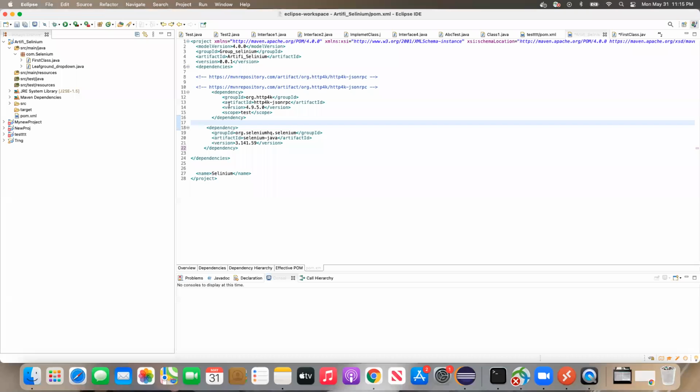Yes. So for another computer's power card, you need to connect it to the plug point and give it power. Then only the other computer will work. So the plug point power card is the same, but the computers are different. In the same way, the dependencies are the same between the projects, but the projects are different. So you need to use the dependencies here also and there also.